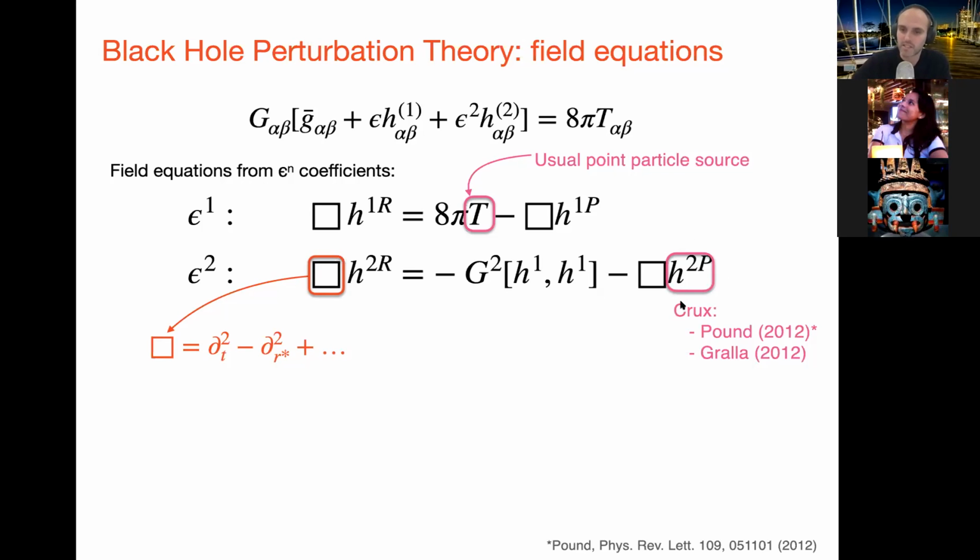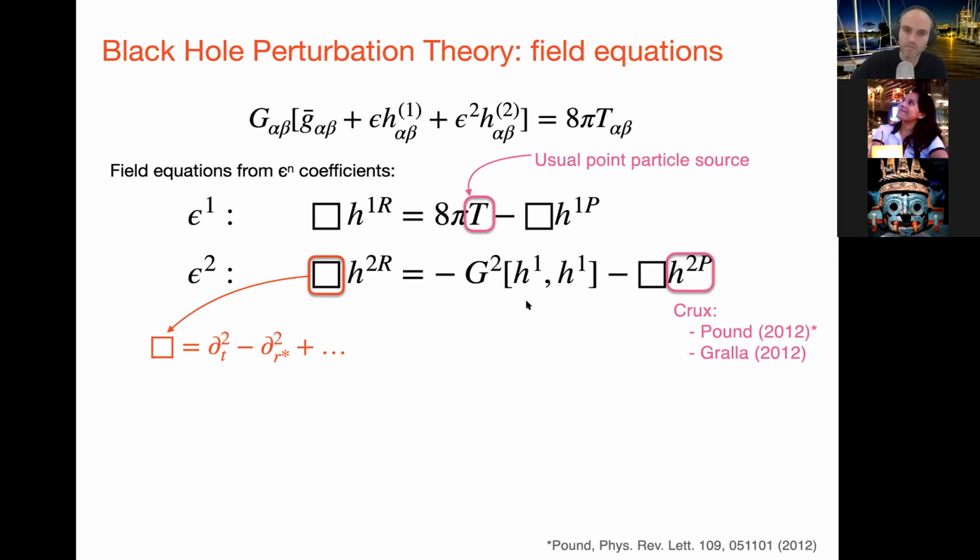The real crux of these calculations that I said before is identifying what is this puncture field. And that was done at second order only recently, or reasonably recently, in 2012, two papers that came out that year by Adam Pound and Sam Gralla. There are additional challenges at second order that don't exist at first order. This T just has support on the world line, and this puncture can actually, at least at first order, can also be made to just have support on the world line, or at least it's compact.